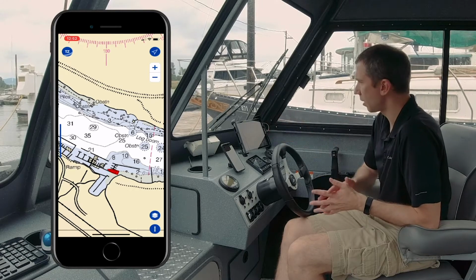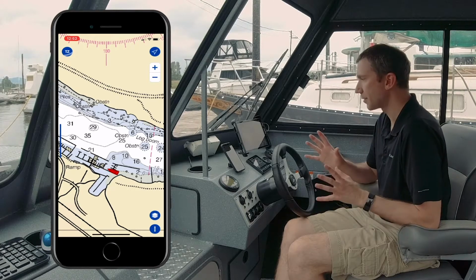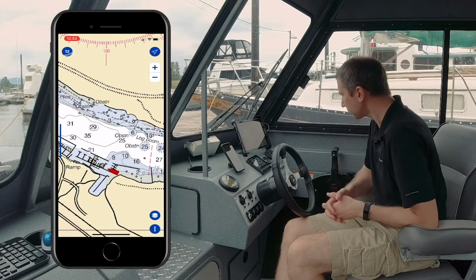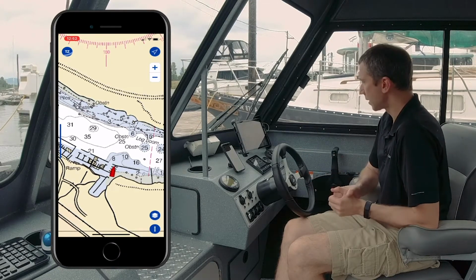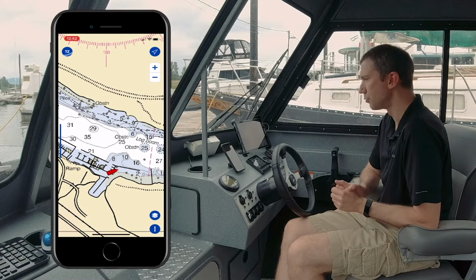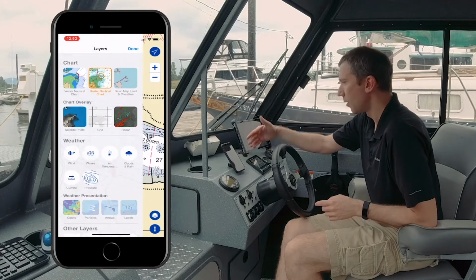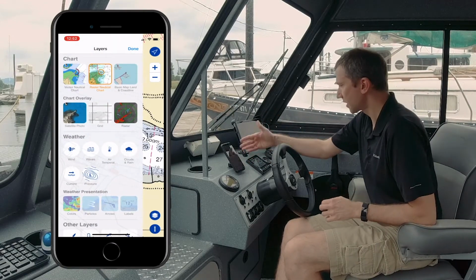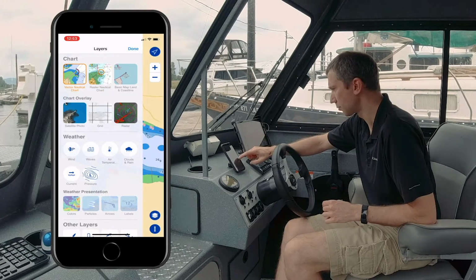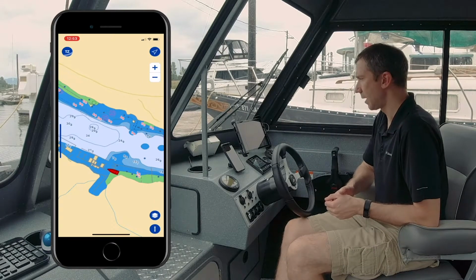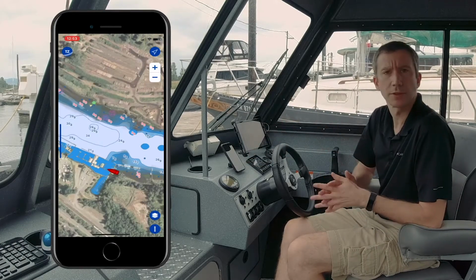The first one is we redesigned the user interface. We made it a little bit lighter so that it can fit on an iPhone, but we believe it's more refined that way. The way it works is, if you look at the bottom right, we have a new layer button, and that button allows you to display whatever you want on your screen. For example, right now I'm looking at a raster chart. If I want, I can switch to a vector chart to change my display just like that. I can also add a satellite picture and many other layers, some of which we will talk about a little bit later.